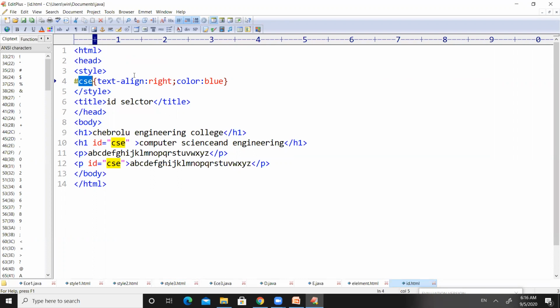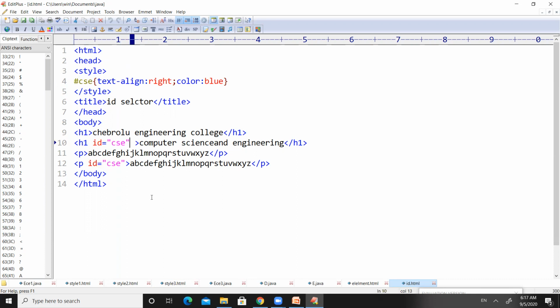Under CSE, we have set 2 styles: text align to right and color of the text to blue. For example, here I have used the H1 tag, and for H1 I have used the ID attribute and passed ID equal to CSE.